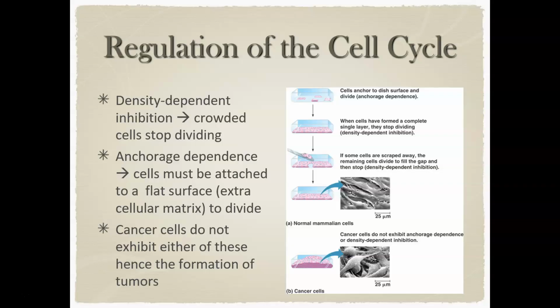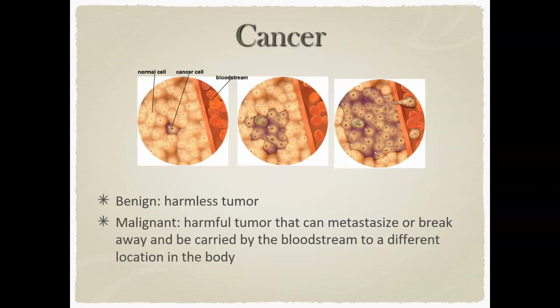And when that anchorage dependence breaks down, that's when these cancer cells are able to break off of these tissues, end up in things like your bloodstream, and now they can go get lodged in other places in your body. So what might have started as breast cancer now starts popping up tumors in your liver or in your brain, because that cancer is now spreading because it's lost not only the density dependent inhibition, which is why the original tumor got created in the first place, but now they've also lost the anchorage dependence and are able to start spreading.